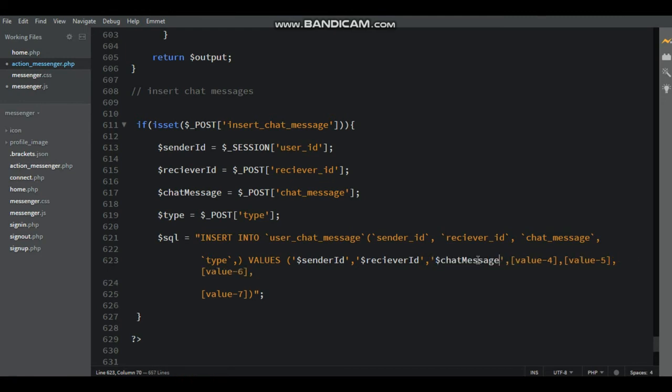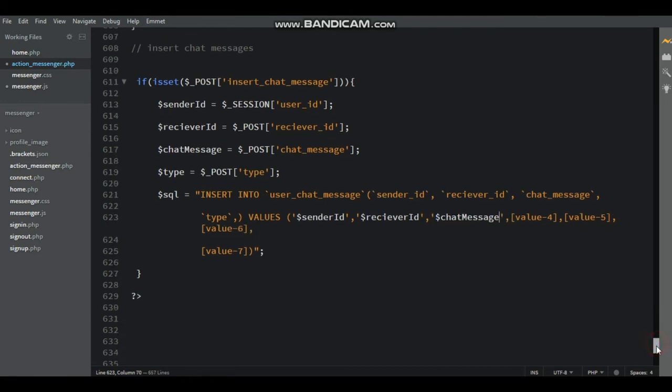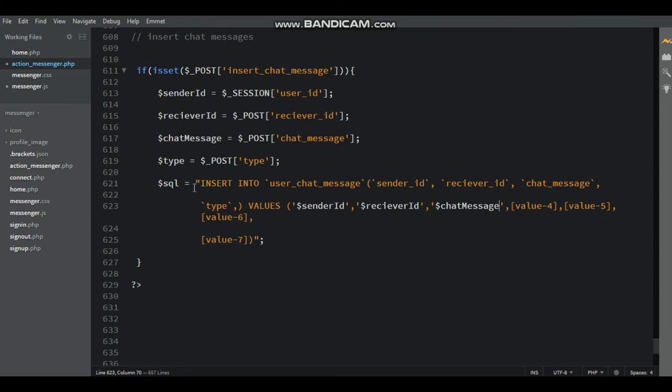Paste inside the single quotes, and then last is type. Just copy the dollar type. Here insert value inside the single quotes dollar type, and then remove the other values.